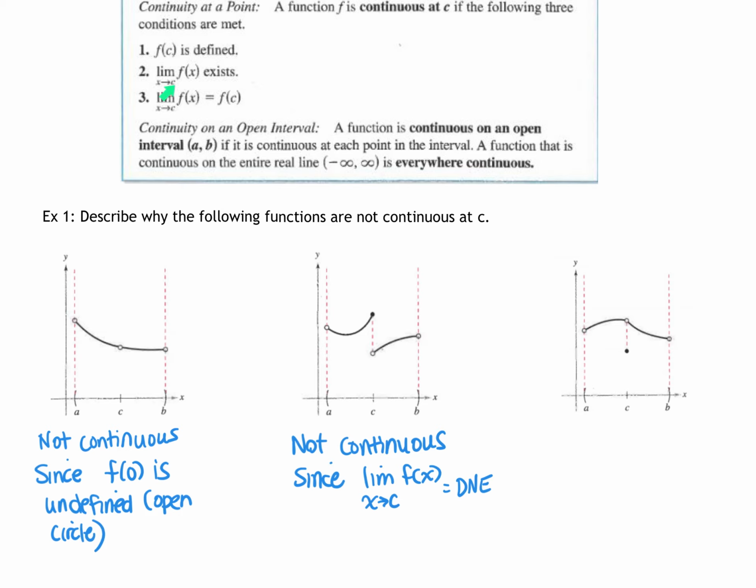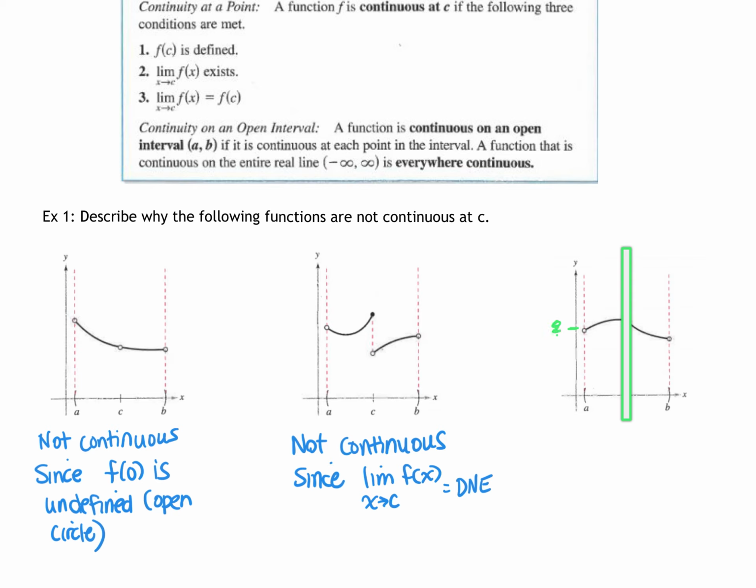The second condition is, does the limit exist? Now remember, the limit is our best guess about what the output would be when we reach c. I like to show you in class, take your pencil and lay it over top of x equals c. Without actually knowing what's happening at x equals c, would I be able to make a guess about what my output might be? Looking at this, yeah, I could. Whatever this y value is, right here, I don't actually know what it is, but that's what I would call my limit. So the first two conditions are met, but